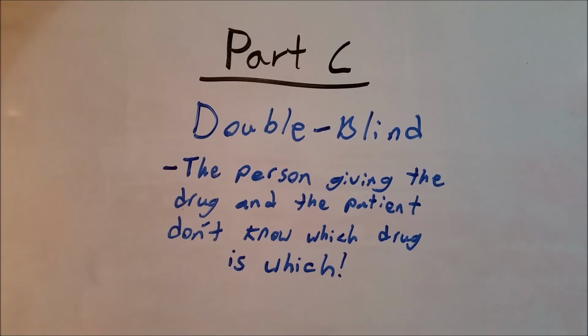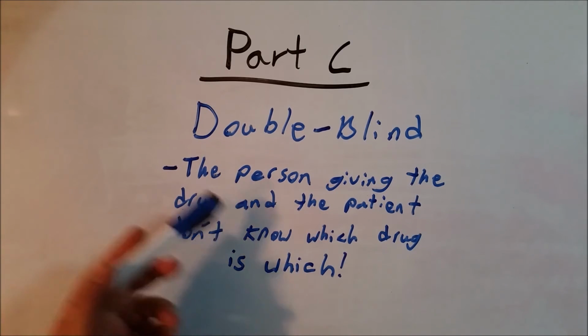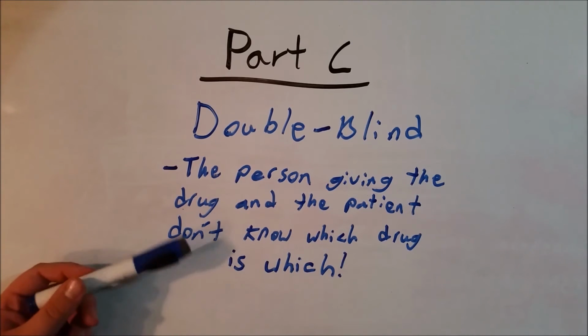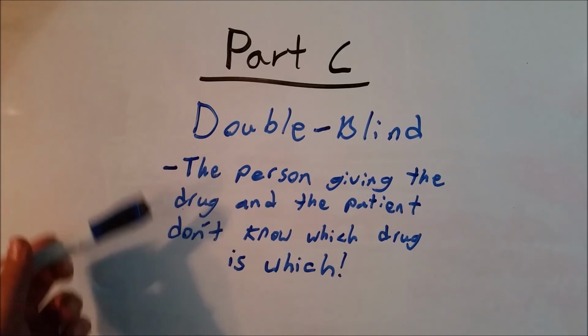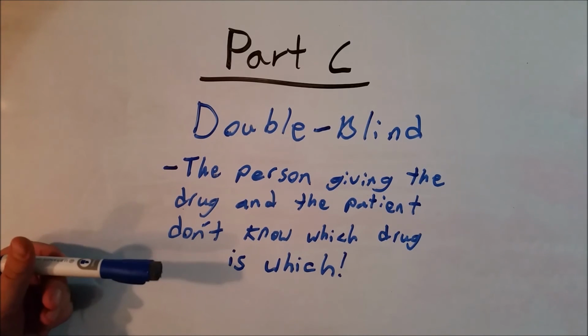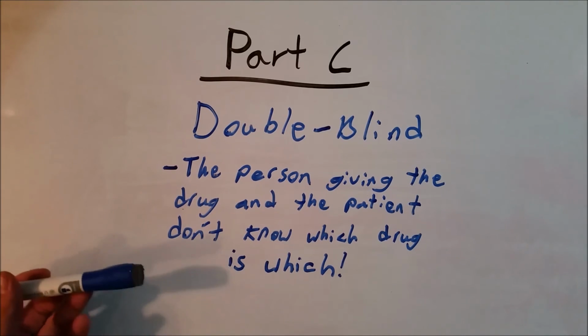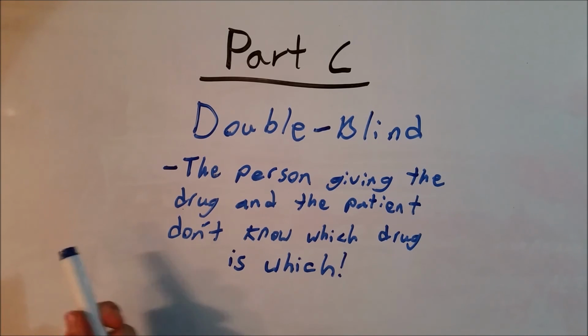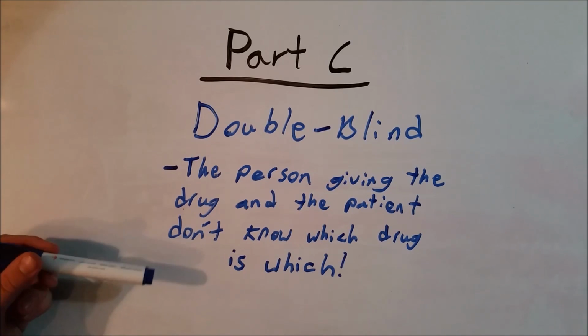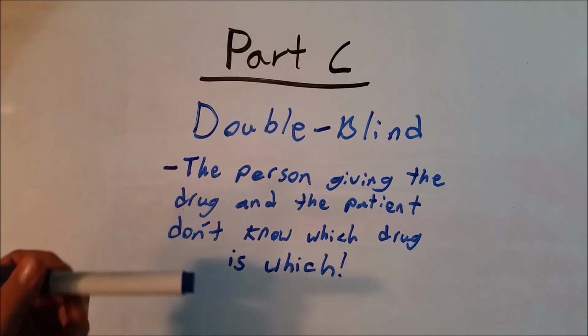So part C, what is a double-blind experiment? And this means that the person giving the drug to the patient and the patient do not know which is which drug. And this is because, well, you don't want the patient to know which drug they're taking, because that will influence their results and their thinking about if it worked or not. And you don't want the person giving it to the patient to know either, because they might give clues or tells, or might actually tell the patient what it is, which will also hinder your results. So double blind is best when the person giving it and receiving